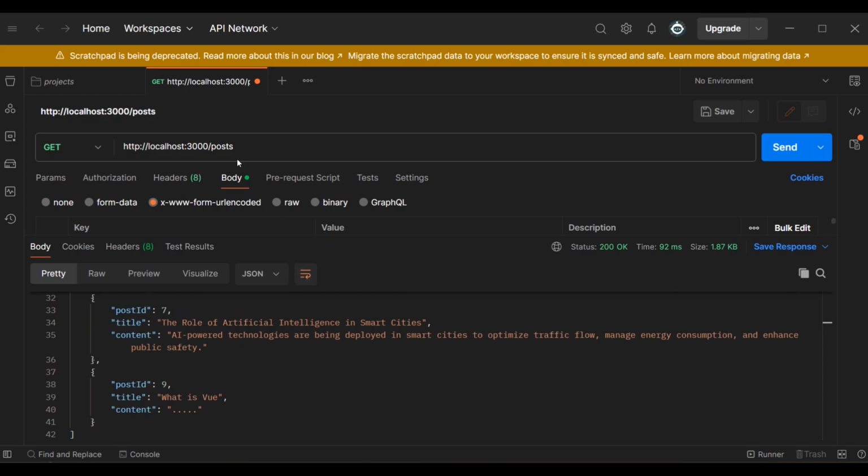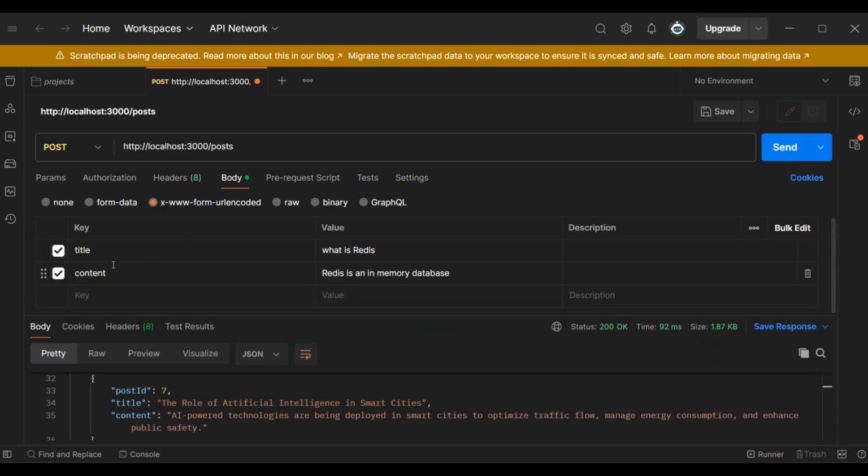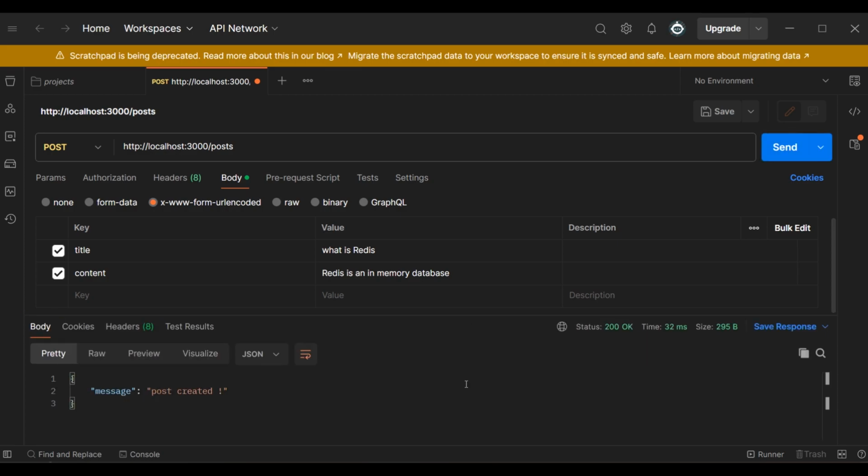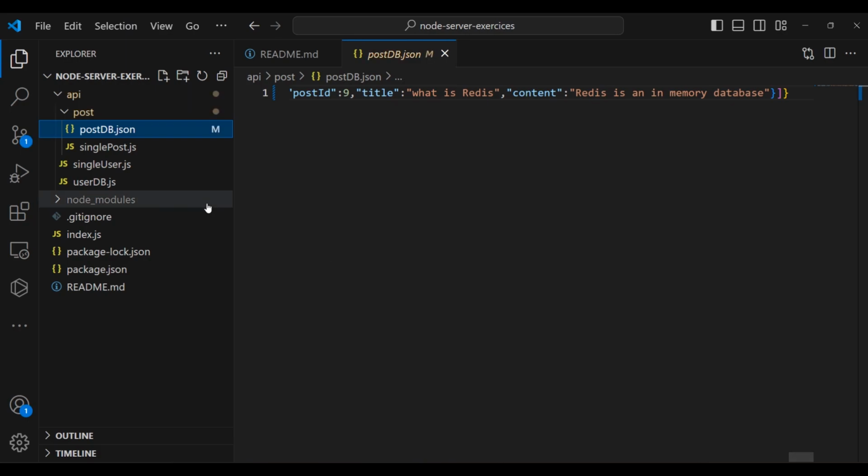Now we got also the post endpoint. We are going to use it in order to create a post. I'm gonna get into the body section, and then I'm gonna pass here title, what is Redis, content, Redis is an in-memory database, and then I'm gonna send. And then if you get into our Node.js server, you're going to see right here, we got this post right